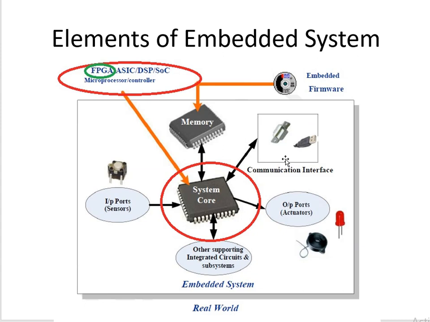And the main of them is the system core. The system core processes the whole of the system. Then we need some kinds of processors. We have different system cores for embedded systems: microprocessors, microcontrollers,